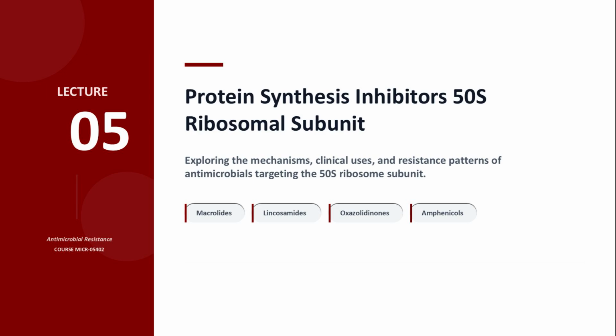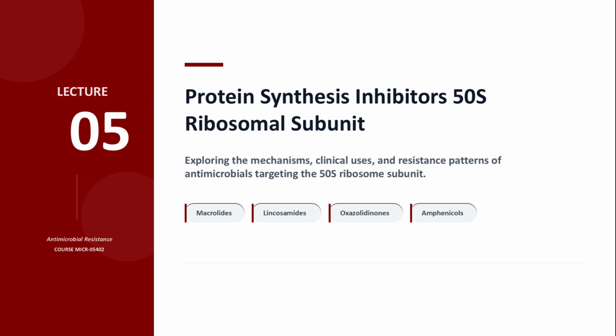In this lecture, we will cover 4 major groups: macrolides, lincosamides, oxazolidinones, and amphenicols. Each of these drugs binds to the 50S subunit, but at slightly different sites and steps, so their mechanisms and clinical uses differ. Some block peptide elongation, some prevent initiation of protein synthesis, and others inhibit peptidyl transferase activity. So keep one concept in mind as we move forward: different drugs, same target, 50S, but different mechanisms and clinical